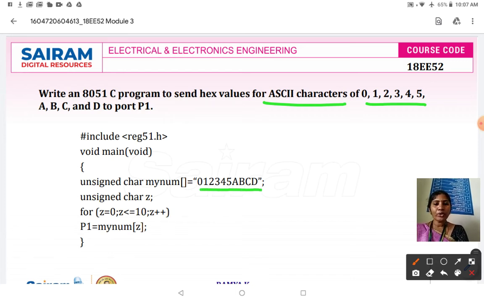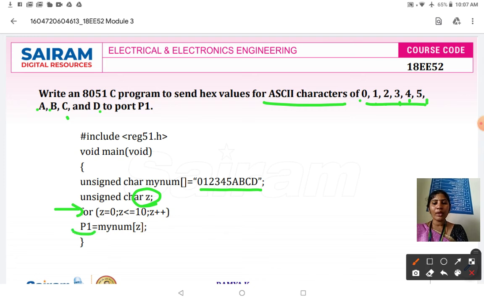Then I wanted to specify one variable, z. Here 1, 2, 3, 4, 5, 6, 7, 8, 9, 10 ASCII characters I want to send to the port. So specify the for loop for 10 characters: for z equal to 0, z less than 10, and z plus plus. One by one I wanted to access the data from this array.